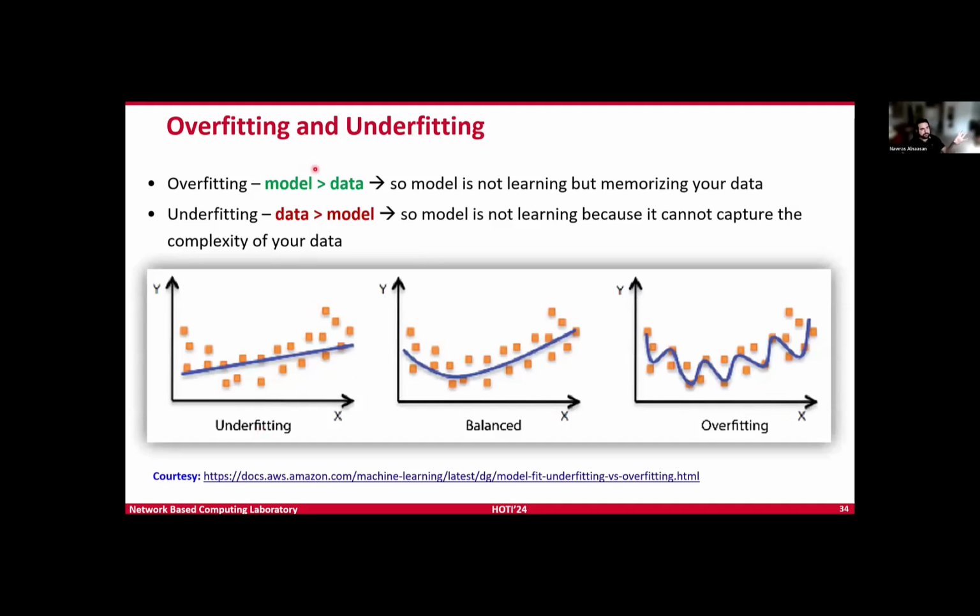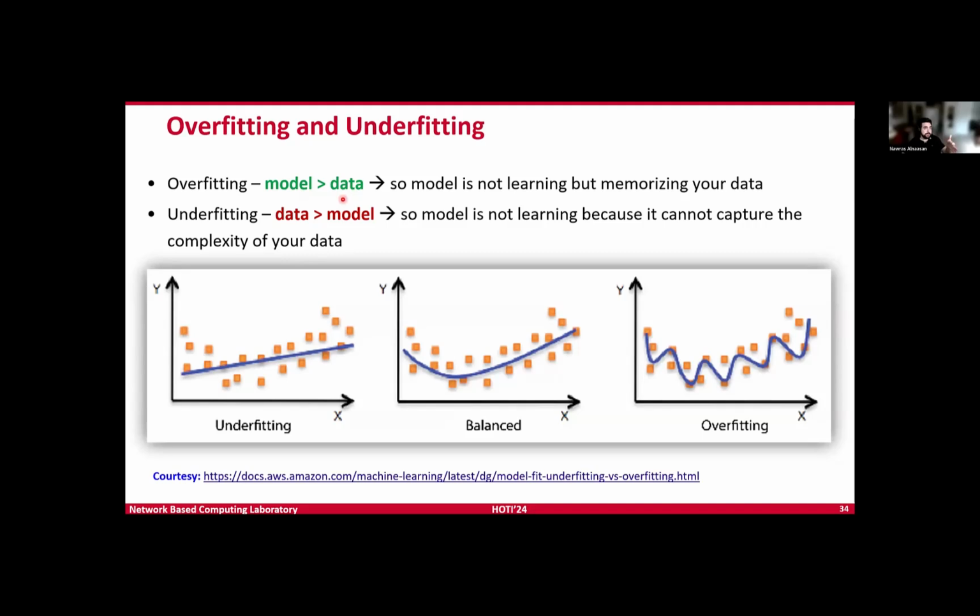Another thing to consider here is overfitting and underfitting. Based on the size of the model that we're training and the size of the data set that we have, we might end up overfitting or underfitting that data on the model. With overfitting, if the model is too big and the data is very small, so we have very few data samples and a very large model, millions, maybe billions of parameters, the model is not learning, but memorizing the data. So we have many, many passes over that data, and the model is basically memorizing this data.